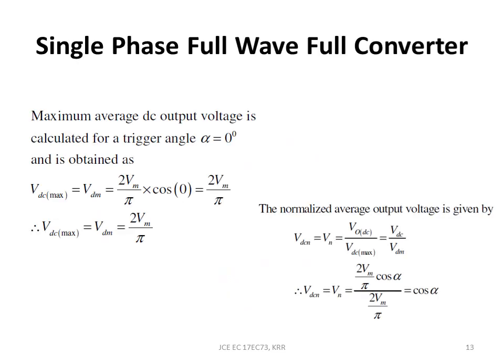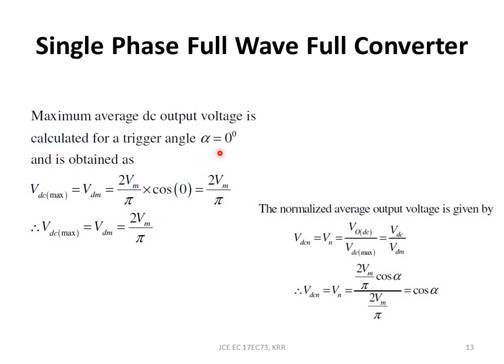In the single phase full wave converter, we have to find what would be the maximum DC value. Obviously alpha varies from 0 to 180 degrees, as we know. When the two thyristors are forward biased, only then can I give alpha. And when alpha is 0, I should get the maximum DC output voltage. Take the DC formula 2 Vm by pi cos alpha and put alpha equal to 0. I will get 2 Vm by pi. So this is the maximum value of VDC that is possible, and that happens when alpha is equal to 0.